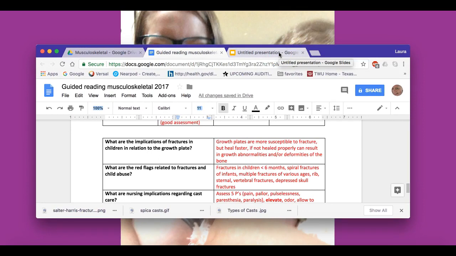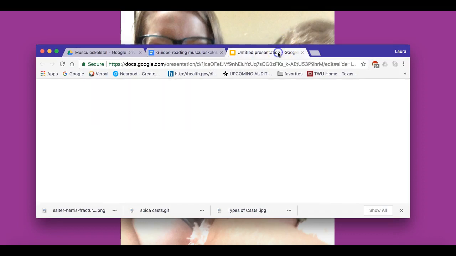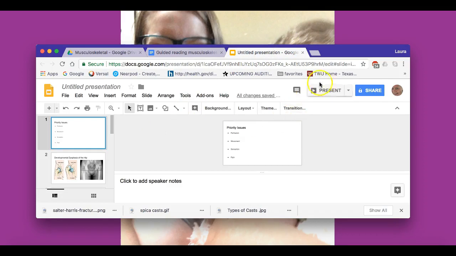Both of these units, endocrine and musculoskeletal, are pretty small. There's not a lot. You just need to know a little bit about both of these, or they can be very in depth, but from your point of view, it's pretty small because you don't need to know a lot about this information. So I'm just going to show you a little